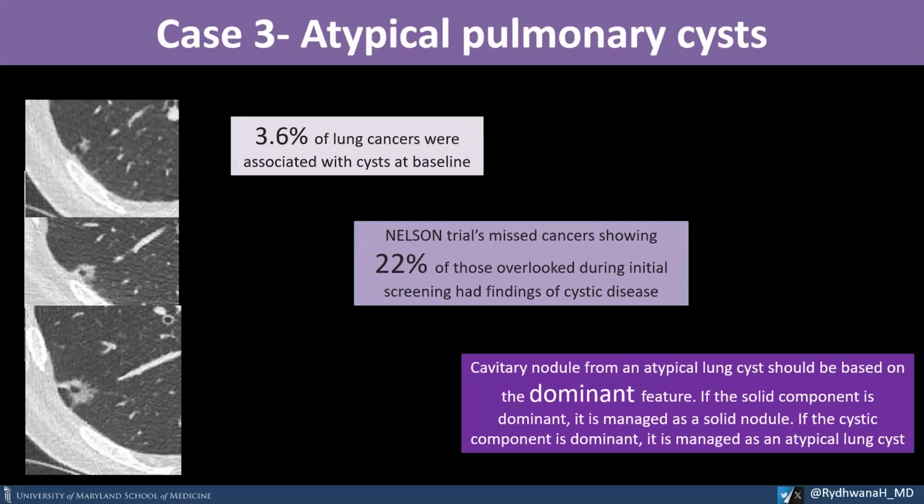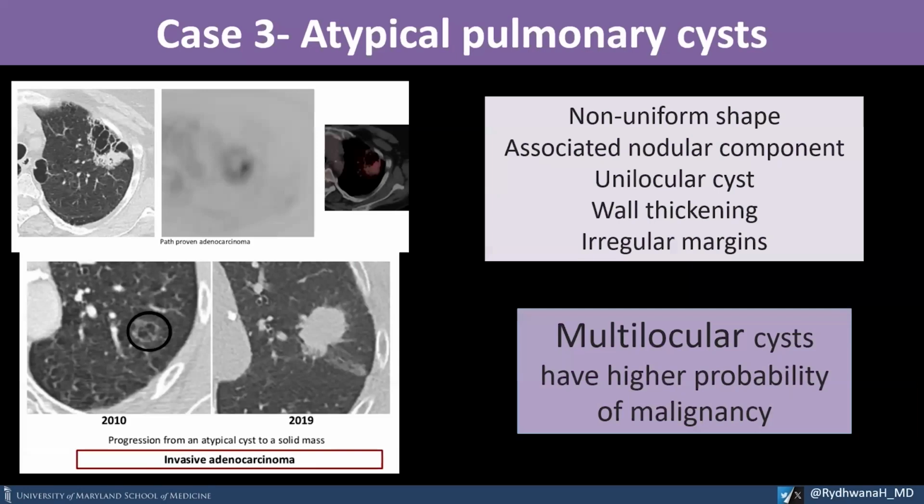Though the number is low, we know that about 1% of all cancers present as an atypical cyst, with about 5% of those being malignant. And the incidence of lung cancer associated with atypical pulmonary cyst is low; if you look at different trials, essentially the number is somewhere between 1 to 2% of newly diagnosed lung cancers associated with a cyst. Here are 2 other different patients with atypical pulmonary cysts that were path proven to be adenocarcinoma.